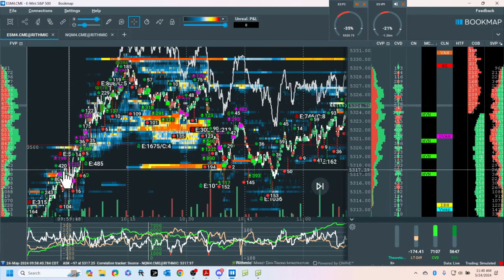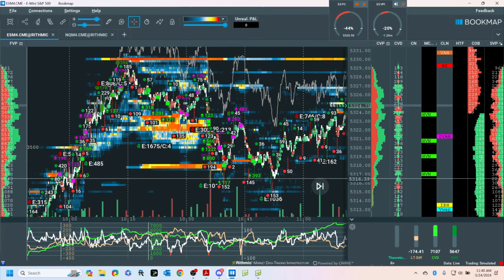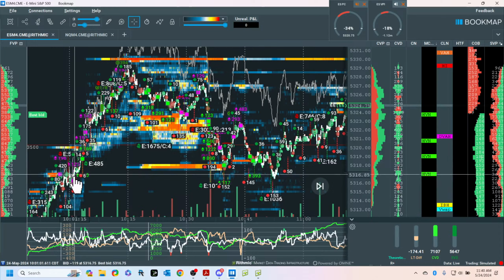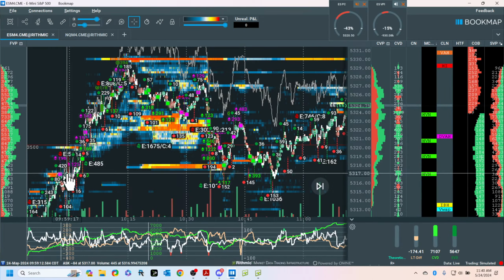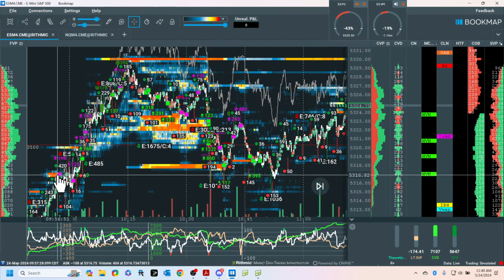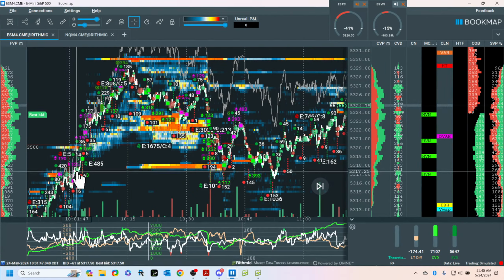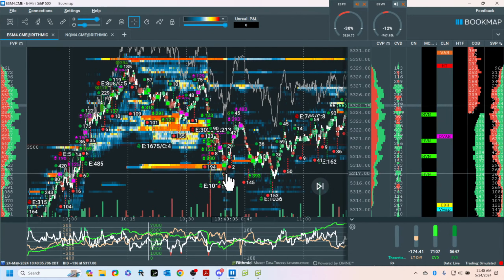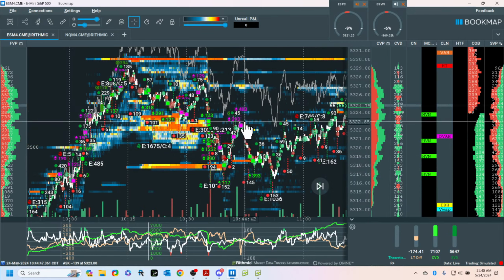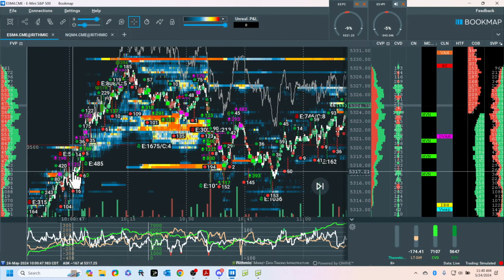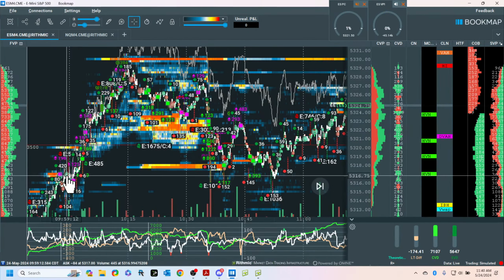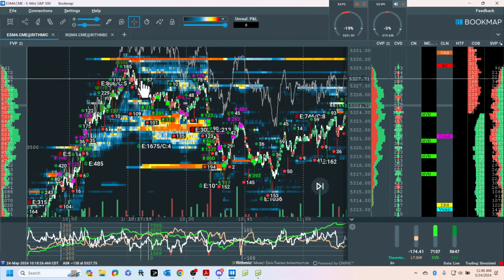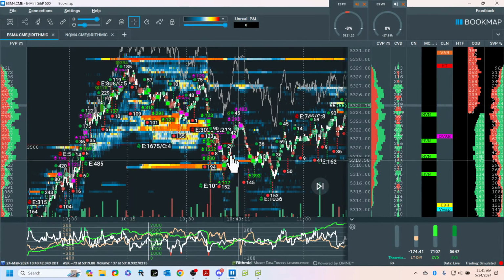How about this? This is where the sellers failed and the buyers took over. You see them? Is it reasonable if I come back there that the buyers who like this price, oh, I like this, and they come for it? If we get the thing on sale again, might we get an opportunity to buy it? Might these buyers come back in if they thought this was a good deal? Oh, it's on sale. I think it's going higher. I'm not paying that. It's going lower. Oh, but it's on sale.